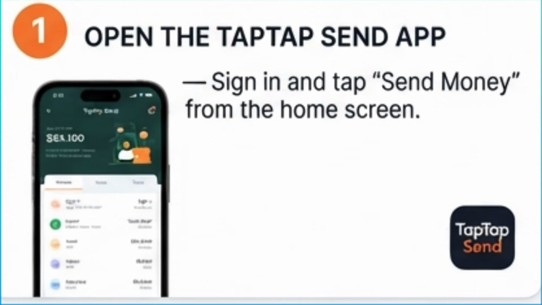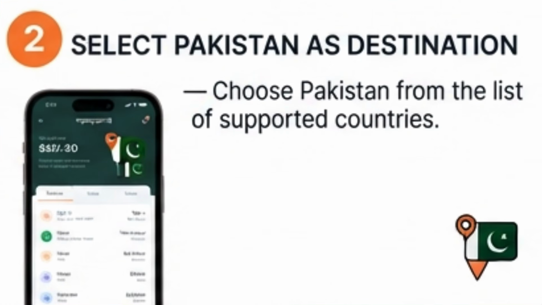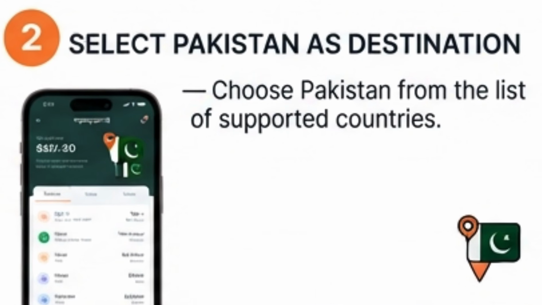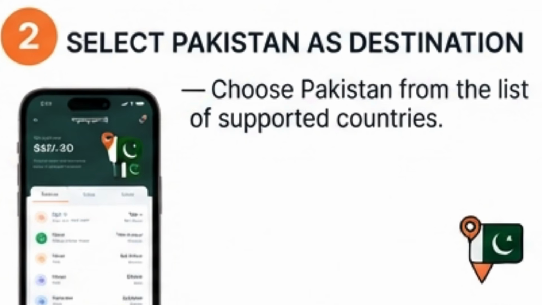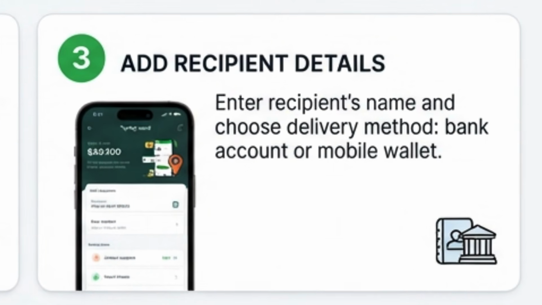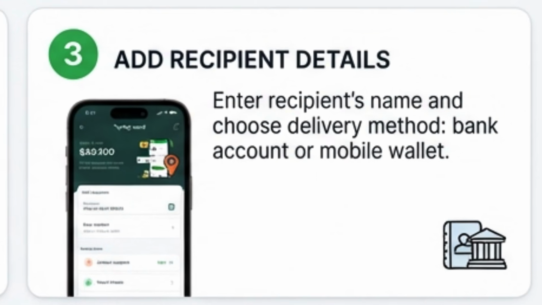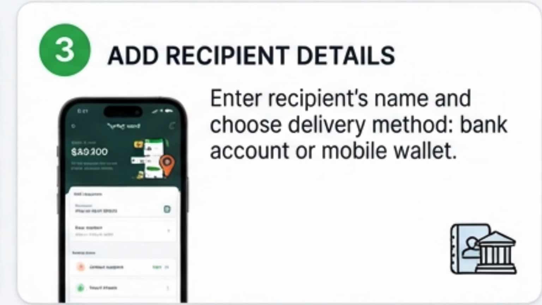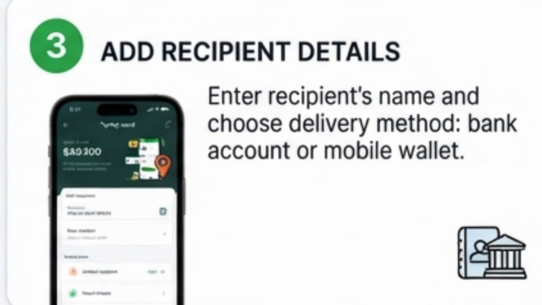Step 2. Select Pakistan as your destination. Choose Pakistan from the list of countries you can send to. Step 3. Add your recipient's details, enter their name, and choose how they'll receive the money, bank account or mobile